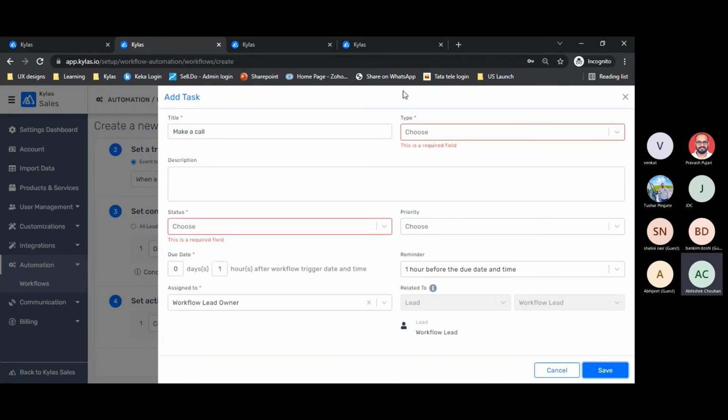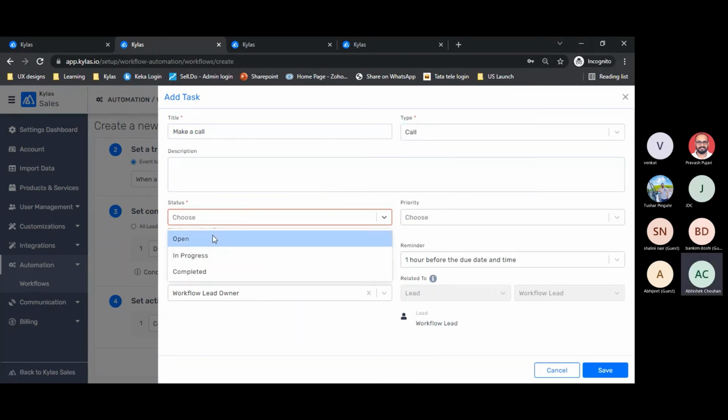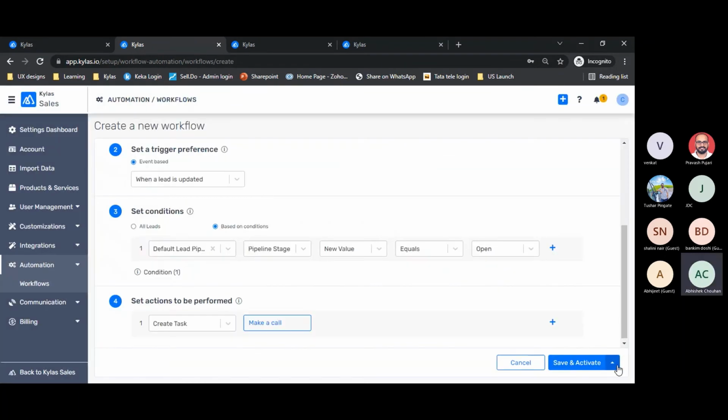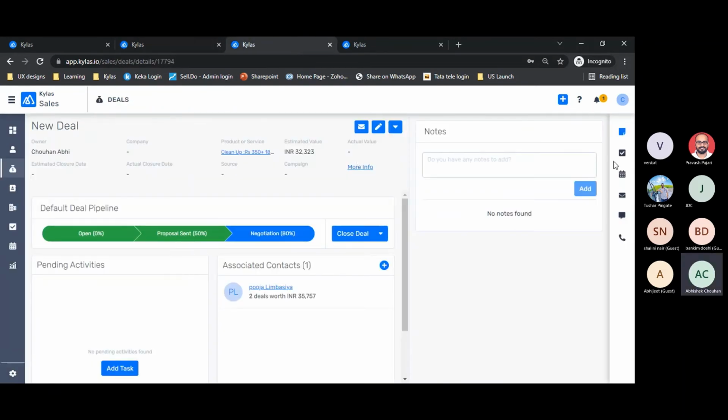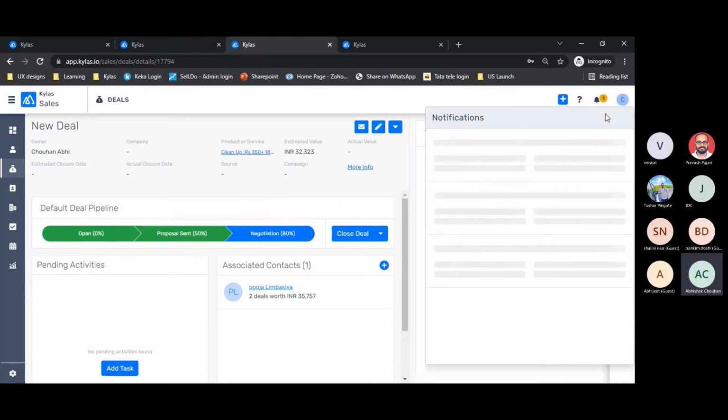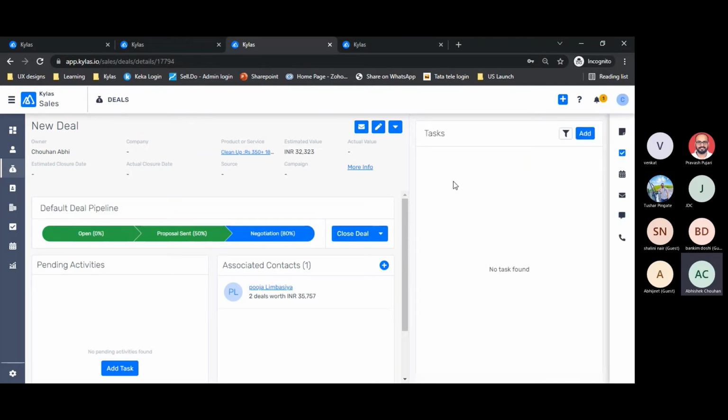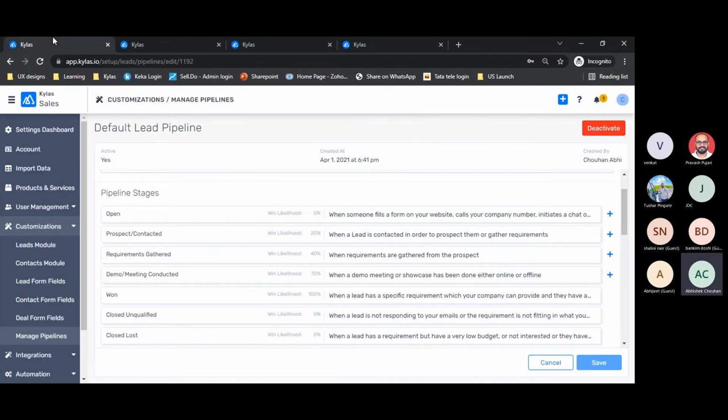And what it does is, the moment a lead is updated in the system and is moved into this particular pipeline stage, it automatically creates a task over here and assigns that task to the owner, which is the deal owner, who is the sales user working on that deal. And this task owner also receives a notification that a task has been assigned to them, and if this task is due in a certain time, then they also receive a reminder email from our side. So this completes the loop in a way that we have created a pipeline, well and good.